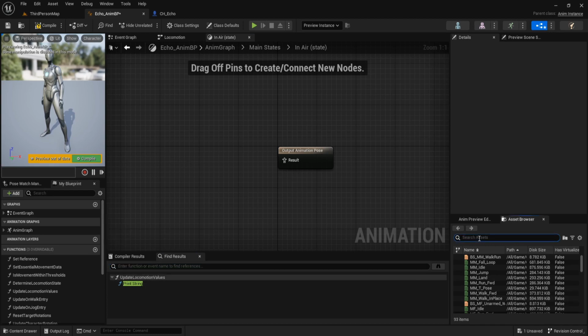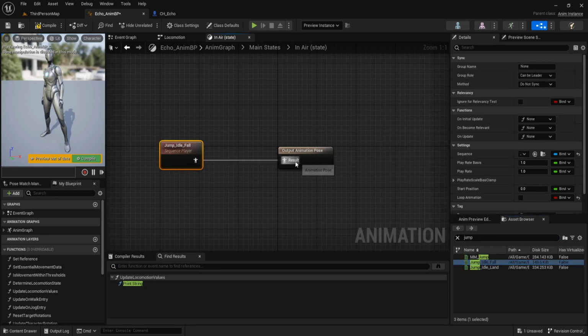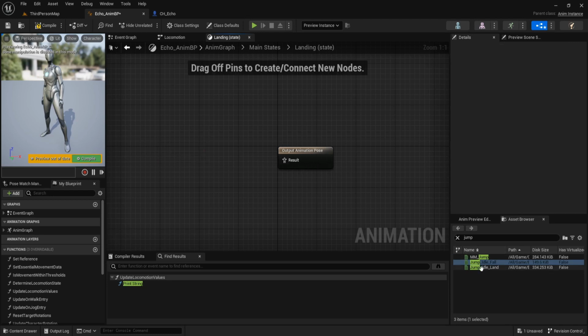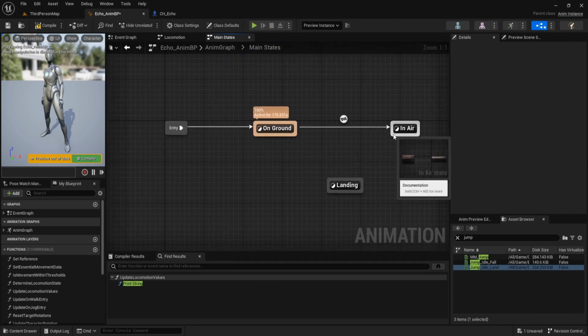Search for Jam Idle Fall. Use this animation. Use Jam Idle landing. And make the transition from in air to landing.